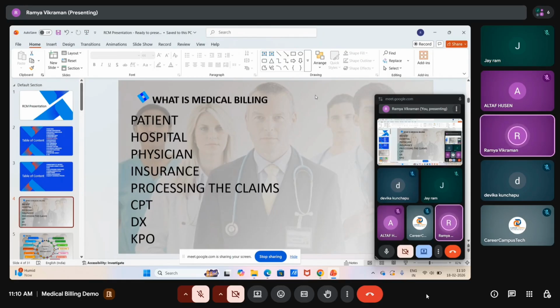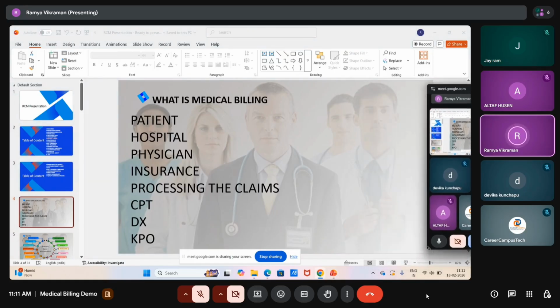So here is how it works in India. We pay from our own pocket. Most of the citizens are not holding insurance here, but in the US it is not like that. 80% of the citizens are holding insurance because they are focused on their health. They are very keen on their health issues. Whenever they have any minor or major complications, they will visit the doctor for sure. They will not prolong anything or take any disease or medical illness so easily. That is the reason insurance is very effective in the US market.